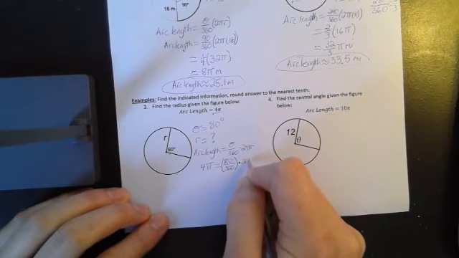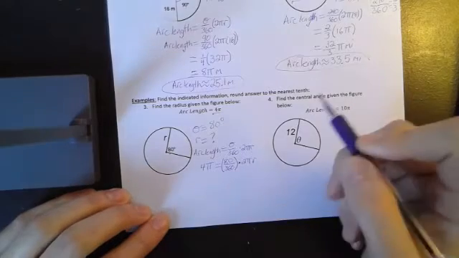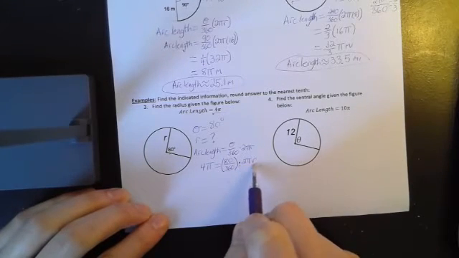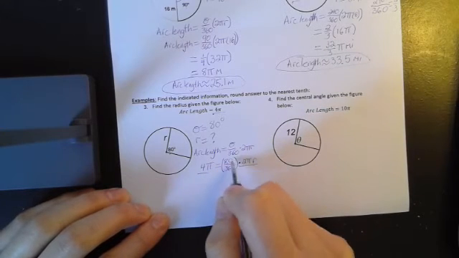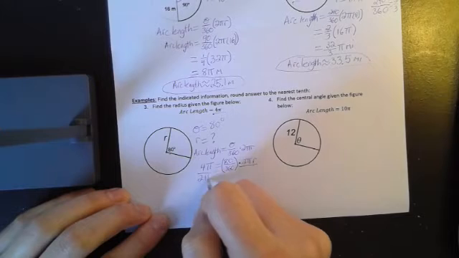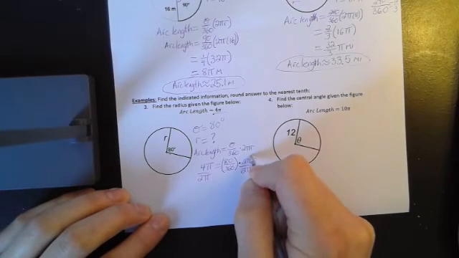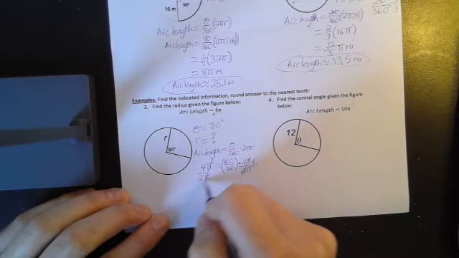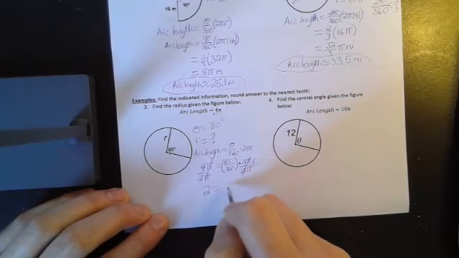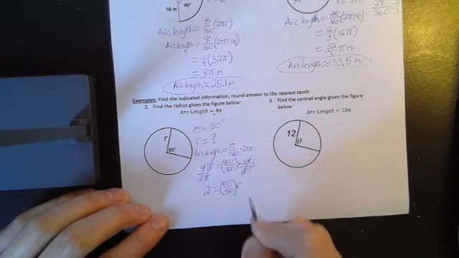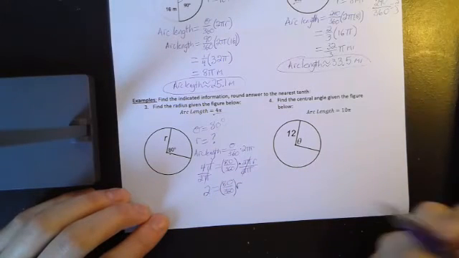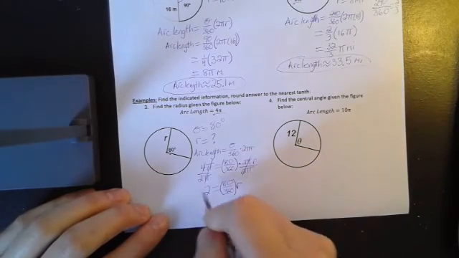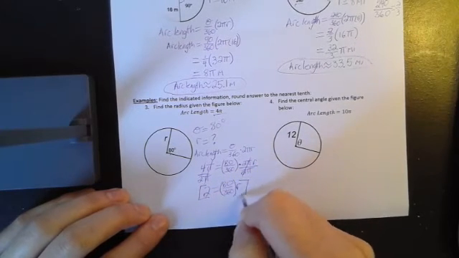times 2 pi r. Now the first thing that I would do here is I would divide by 2 pi. The reason I'm allowed to do that is because 2 pi r is being multiplied to the 80 over 360. So we can cancel the 2 pi's. 4 pi divided by 2 pi is going to give us 2 is equal to 80 over 360 times r. Now, 2 different ways that you can solve for this. You can multiply by 360, then divide by 80, or you can multiply by the reciprocal, which is 360 over 80. I'm going to just keep it simple, multiply by the denominator,